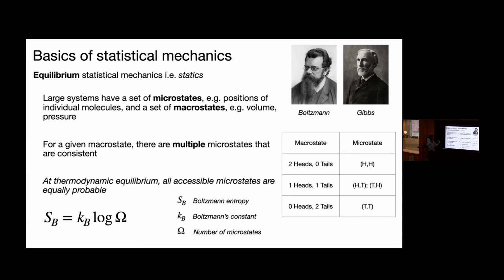So this is from Boltzmann and then later formalized by Gibbs. At thermodynamic equilibrium, all your microstates are equally probable. And so basically the entropy, the level of disorder, is just the log of the number of microstates that have the same macroscopic properties, right? So just how many possible configurations could we possibly be looking at? And this is also why it's a measure of uncertainty, because you don't really know what the microstate is, depending on how many possible ones there are.